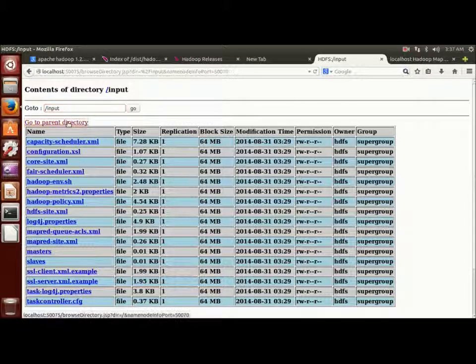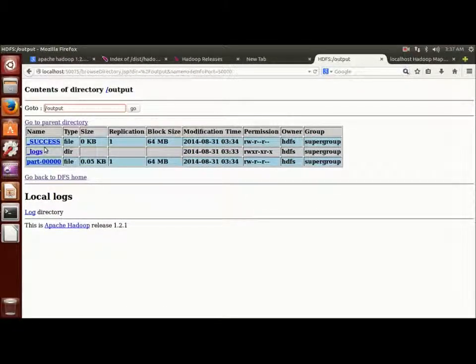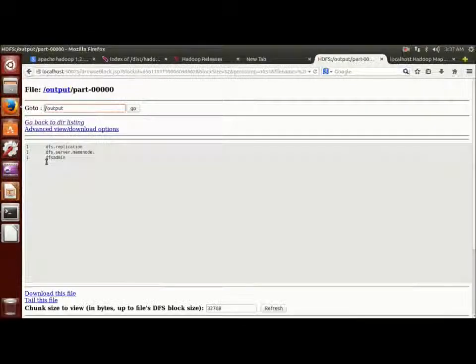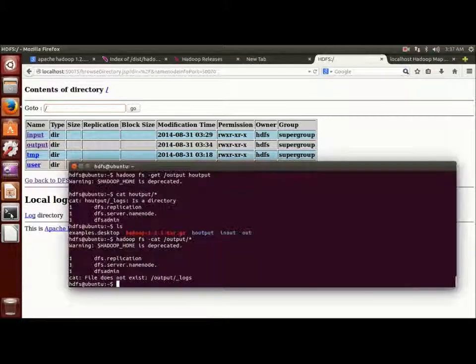All these files are shown under the input directory. This is the output directory, and the part00 file is the output file created by the MapReduce program, and these are the lines which satisfy the given regular expression in the input files.